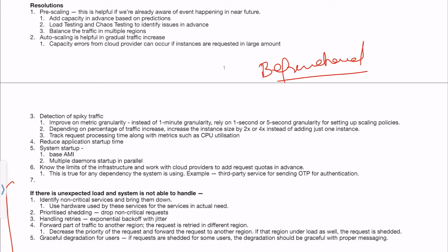If you are expecting that this is the amount of traffic, or this is the number of servers which I might need, you should talk to AWS beforehand, so that you have all those details. And this is true for any dependencies which you have. Let's say